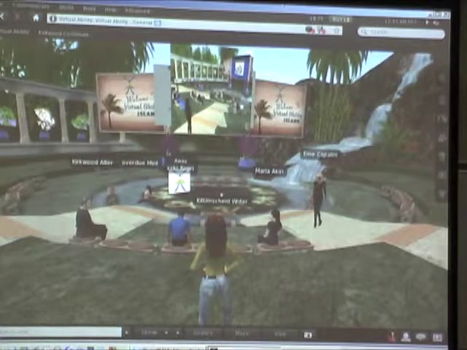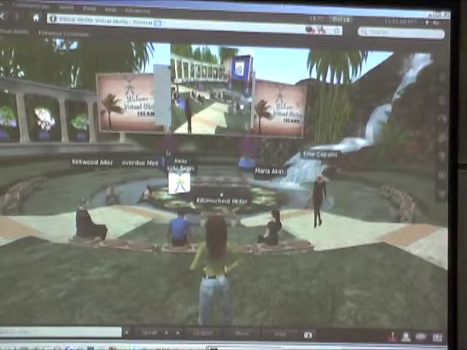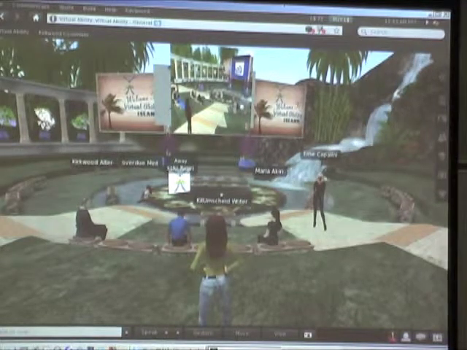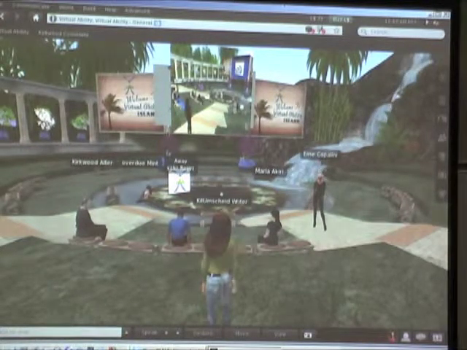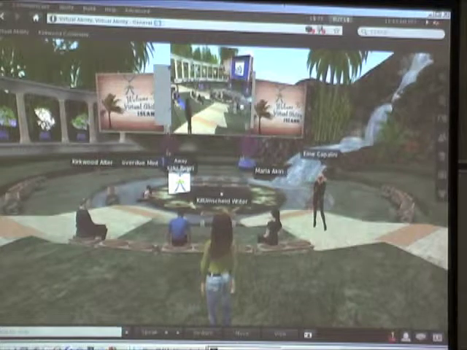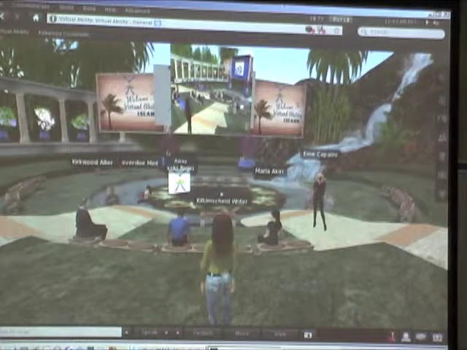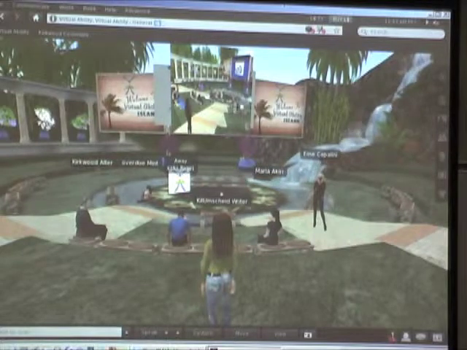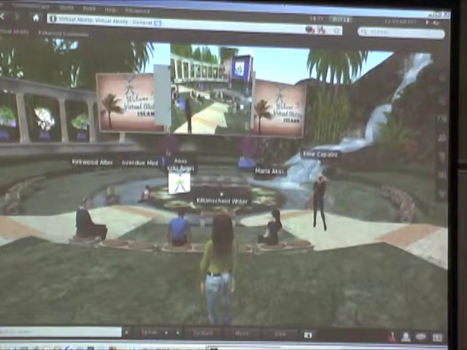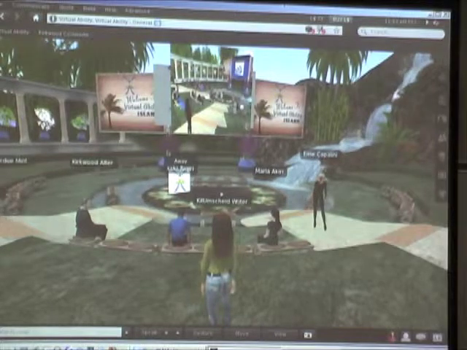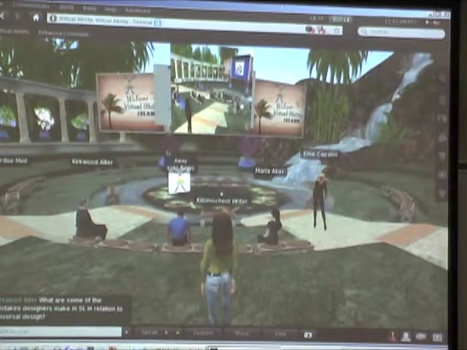So there are lots and lots of benefits, and that's why in Second Life, probably 1 person in every 5 that you meet will have some form of disability, and that's a higher percentage than in the real world. Now, we also know that, especially in the community college population, the percentage of students with disabilities is increasing. And so I think that this is going to be the coming thing. I think this is an area of growth. We're certainly planning on that.